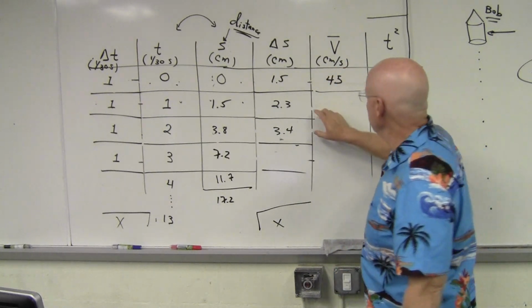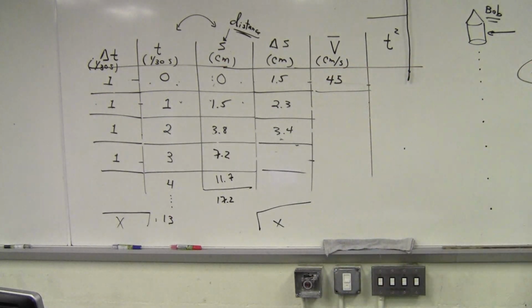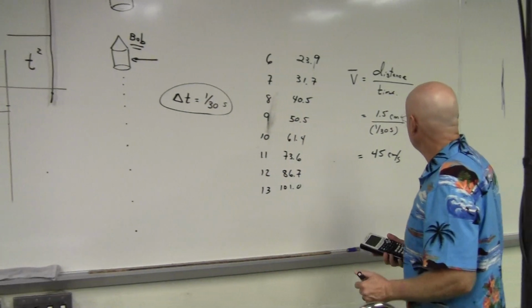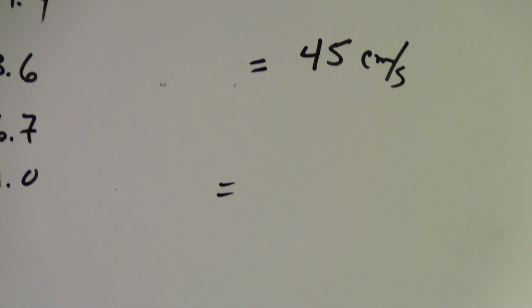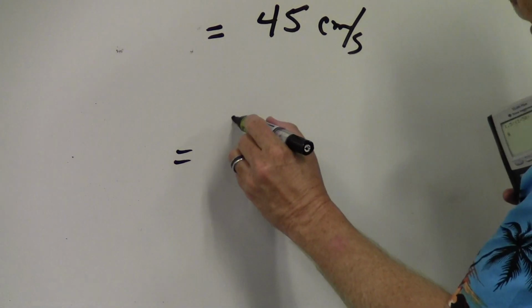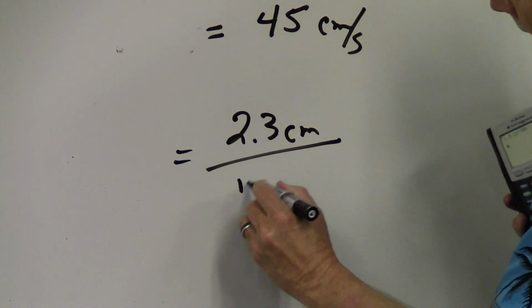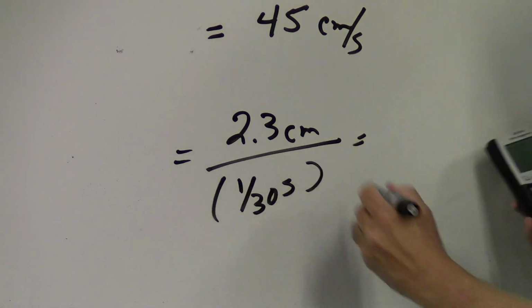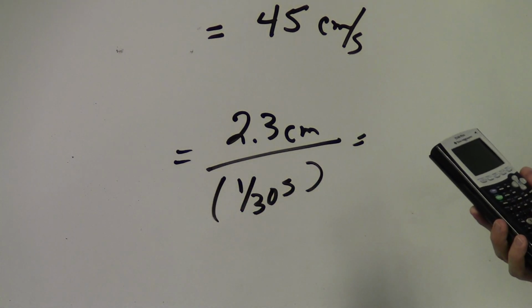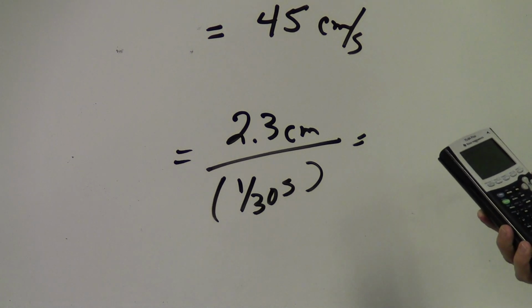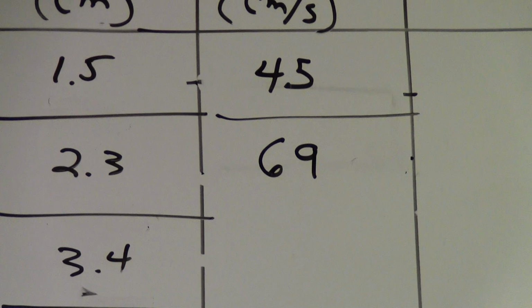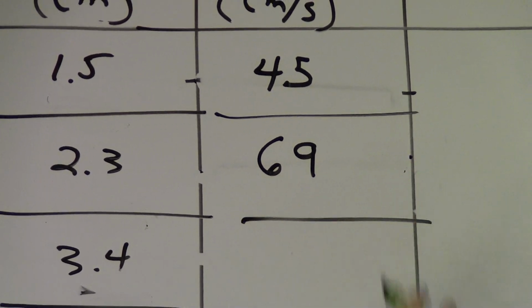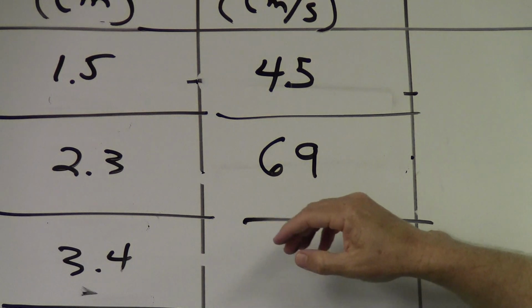Maybe I'll do the second one here just to make sure you get the idea. So the second calculation would look something like this. I'd get out my calculator and go, okay, the distance between these two dots is 2.3. So I'd go 2.3 centimeters. And then I'll divide it by a 30th of a second. Grab my calculator, 2.3 divided by a 30th of a second is 69 centimeters per second. So this is 69. Yeah, so it's going on average a little faster between the second and third dots than, or second